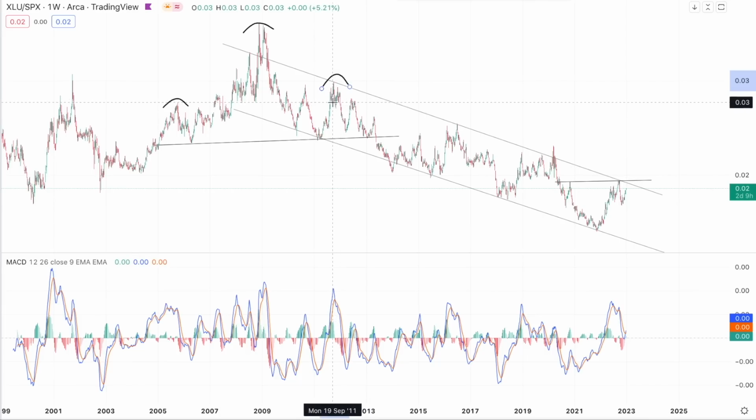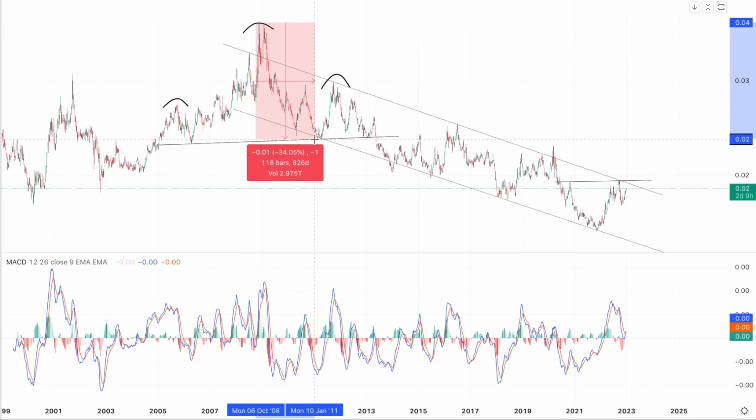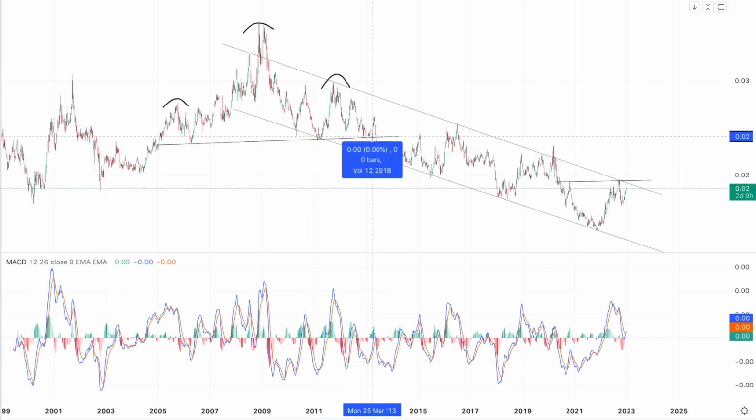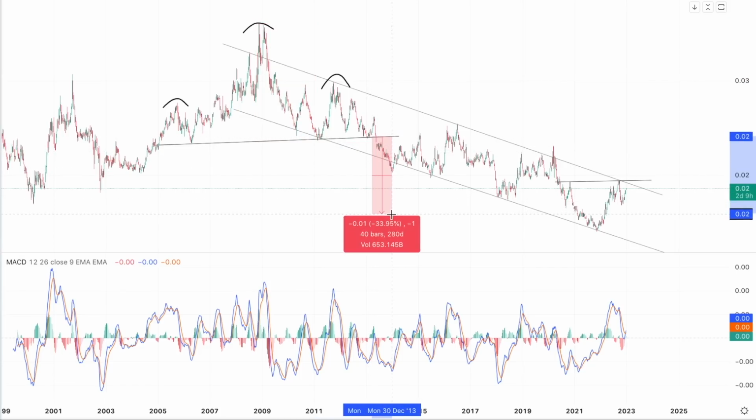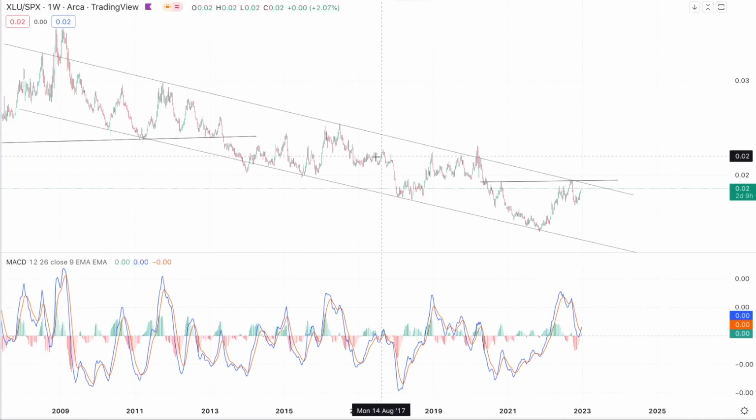These patterns work really well when you have these types of parabolic moves because it's telling you that the price action is getting really overextended. Now, how these patterns typically work is you have a measured target that is equivalent to the height of the head. You can see here around 33%. That took you all the way down to the levels we saw in 2021. Now, of course, as I said, they are to be taken with a grain of salt.